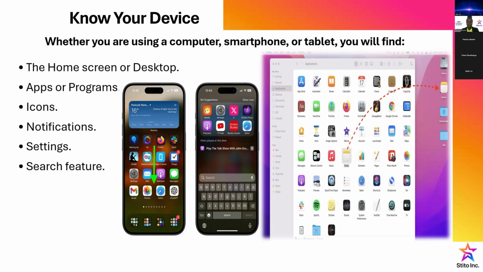The next one is icon. As you can see in this image that we have here, just like on every one of our phones, this is just a replica. The first two images I have here are phones that show these features, and the other one is on the computer or laptop or tablet. So this is what we have.